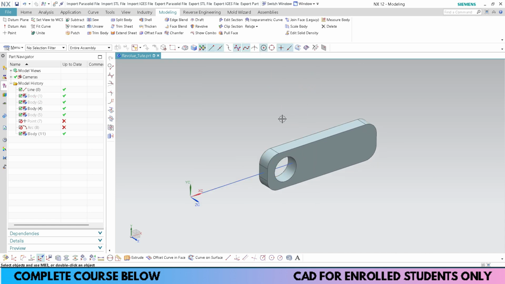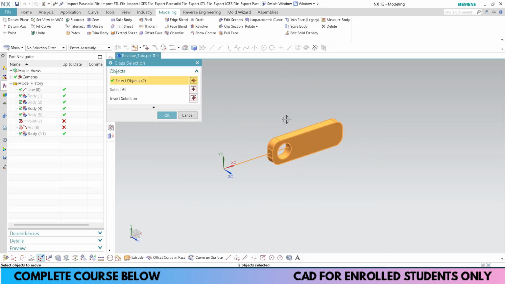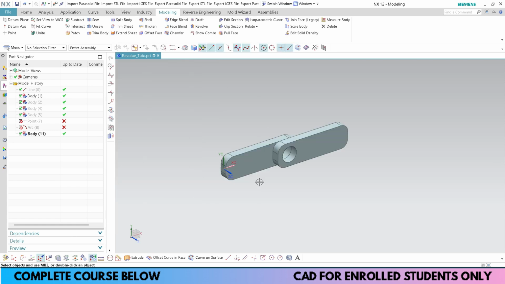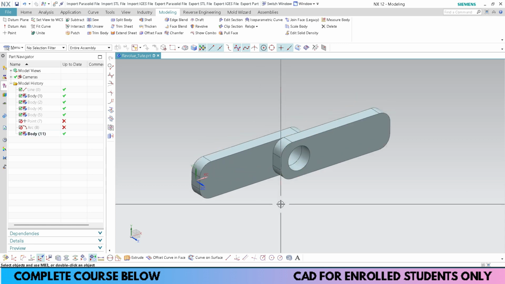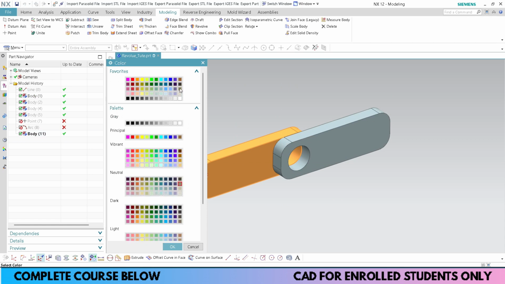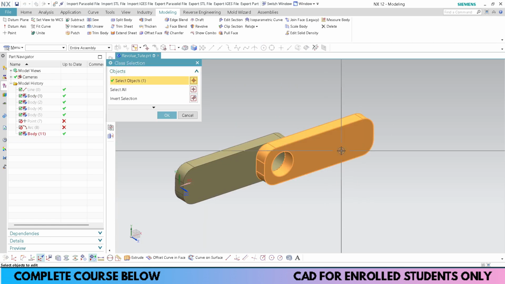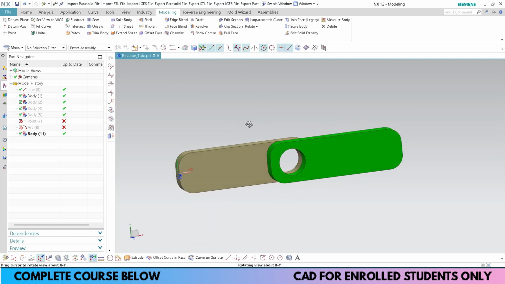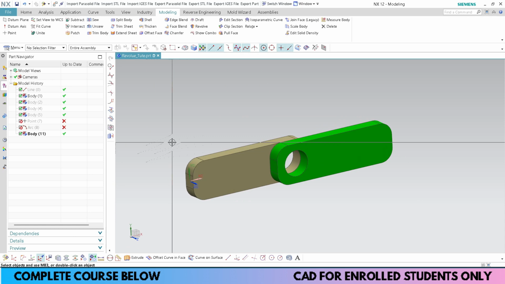Let me hide this and remove everything and throw whatever I don't want into the garbage layer, which is 256. Press OK. You actually don't have to create all this. I'll provide you the CAD data. This is just for the reference. So I'll change the color of this model. Let's keep it this color, and I can select this body and make it this color. Okay, now we are done with the modeling.